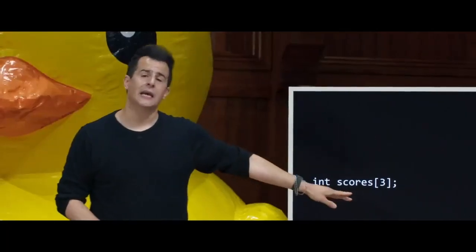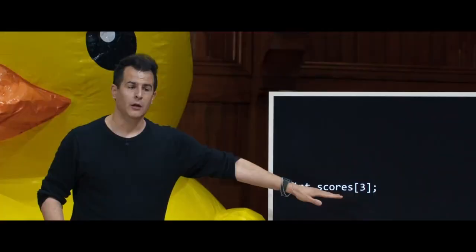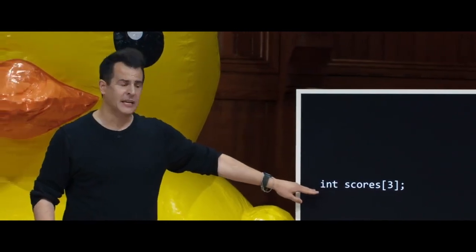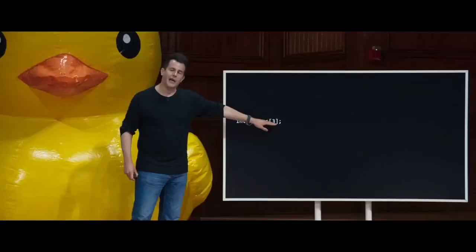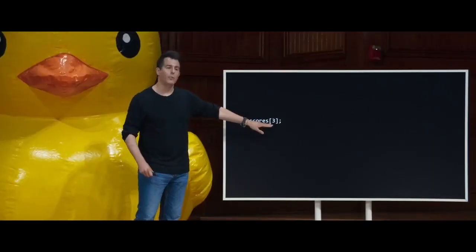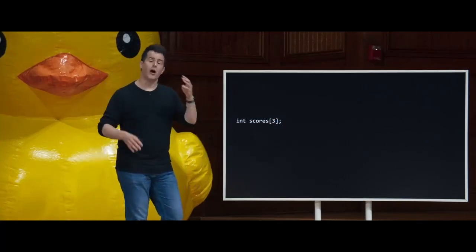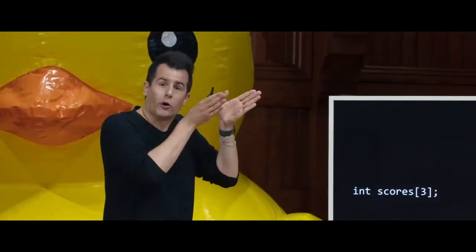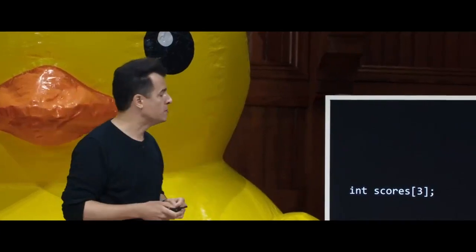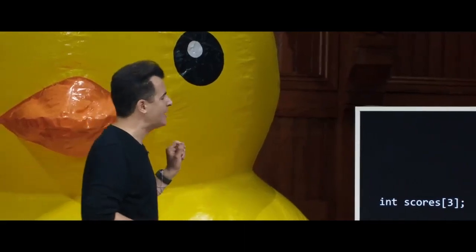So here instead is, I would propose, how you define 1 variable, not 3, 1 variable called scores, plural, each of whose values is going to be an int, and you want 3 integers tucked away in that variable. So now I can pluralize the name of my variable, because by using square brackets and the number 3, I'm telling the compiler, give me enough room for not 1, not 2, but 3 integers in total. And the computer is going to do me a favor by storing them back to back to back in the computer's memory.